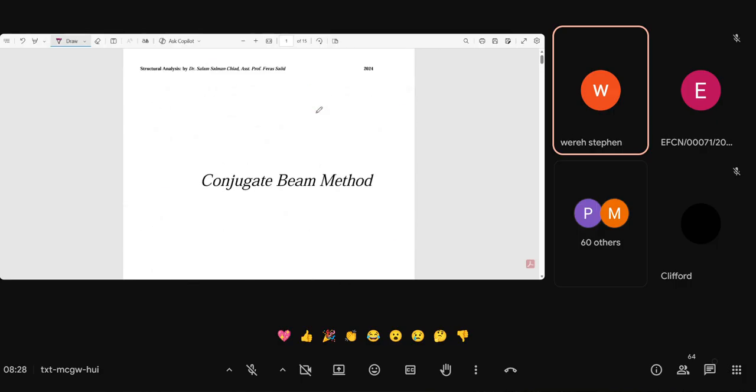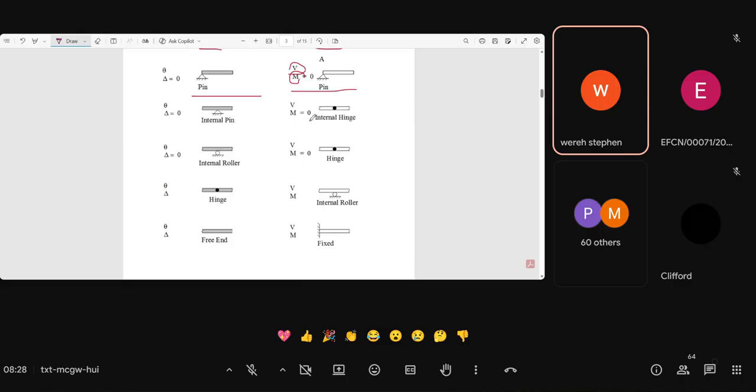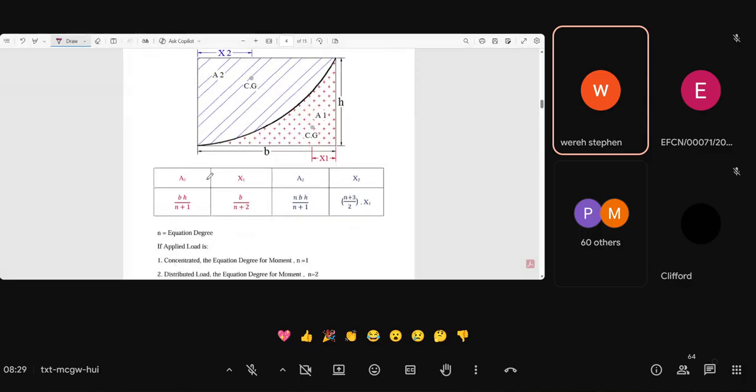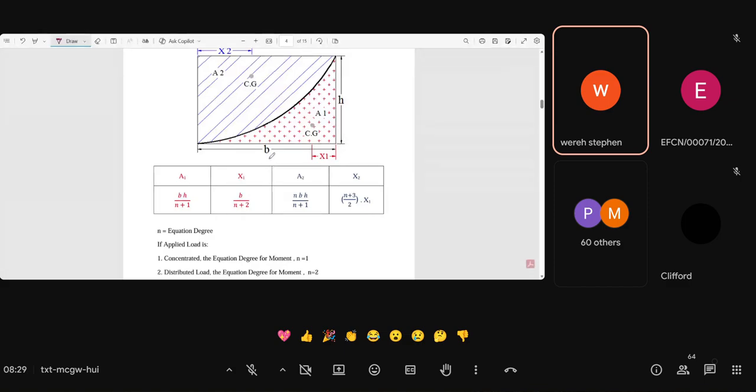We had this thing here. I don't know if you can interpret this curve. This curve has height h and b, which is the length. To find the area, because sometimes you need to find the area,